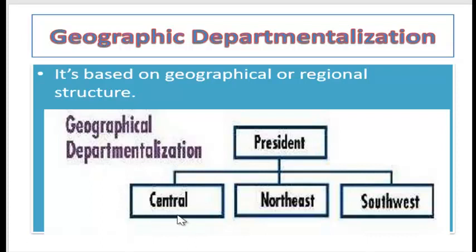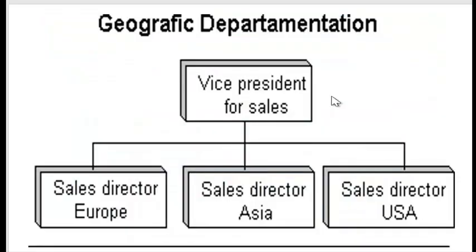Now in the same way you have geographical departmentalization, where you can have a geography, like for example, this belongs to the central, south, northeast, southwest. Or we could have, say, in terms of states, that this is the J&K head, this is the Delhi head, or we could simply say it's a northeast head, southwest head, who sees all these things. So we have departments in terms of geography. Like it could be international, depending on the international business. If we have a multinational company, then we have the sales director Europe, sales director Asia. So we have different departments in terms of the geography.